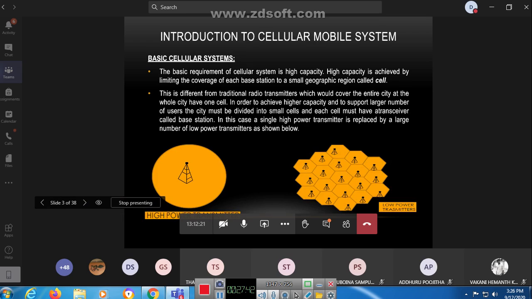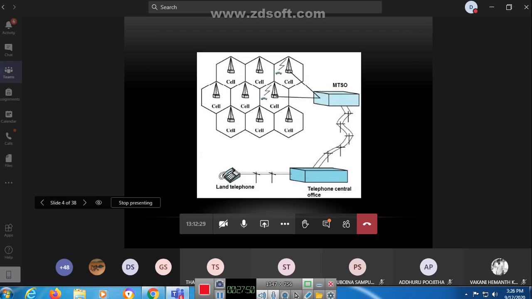why we give the preference of cell shape. Any cell has a base station near it, and for the communication process in a cell network we can consider cell to base station to mobile station, or mobile switching office to central office. For the longest distance there is one cell network; that cell network has one base station; that base station has one mobile telephone switching office; and that has the telephone central office. This is the longest distance communication.